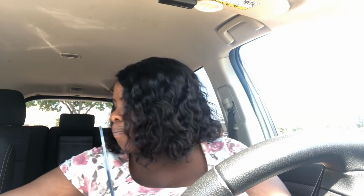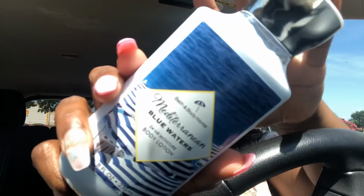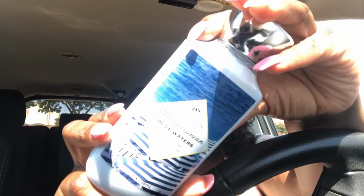The line that I got the least of, where I only got one item of, was the Mediterranean waves, because everybody's like, oh, it's really masculine, blah blah blah. But y'all, see, I can't even eat. It's supposed to be a mukbang, but I'm not even eating because I'm going to talk about this. But y'all, the Mediterranean blue waters, this is what it looks like. It smells so good. It is so